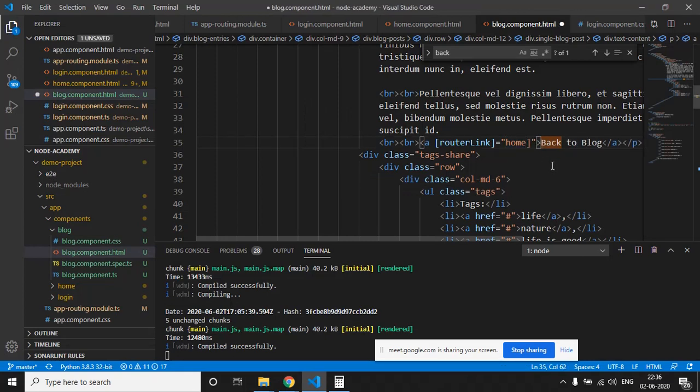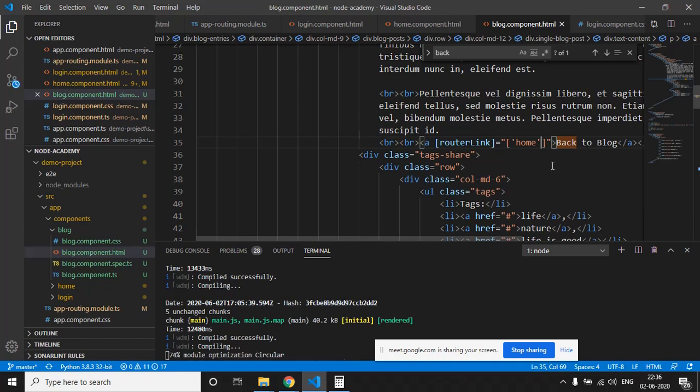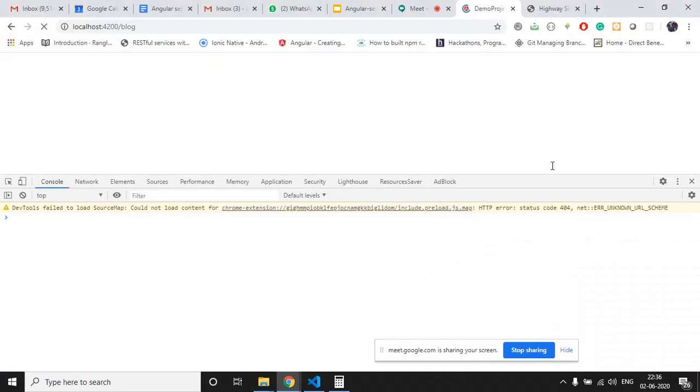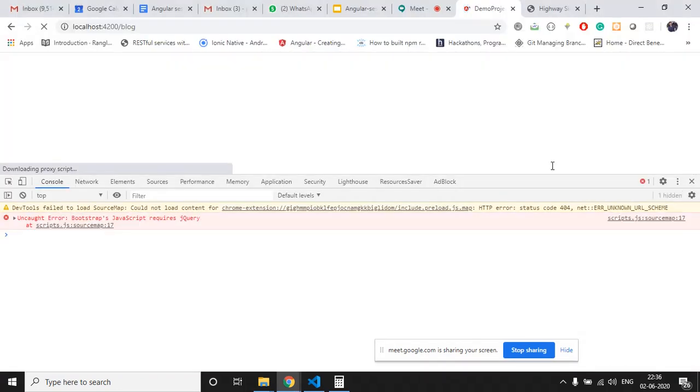The link is written like this. Now let's check if it works or not.